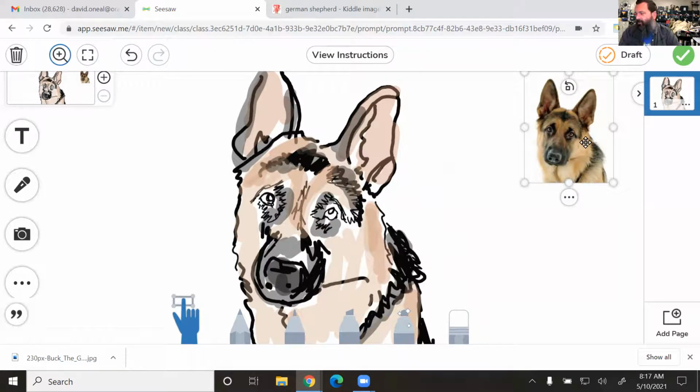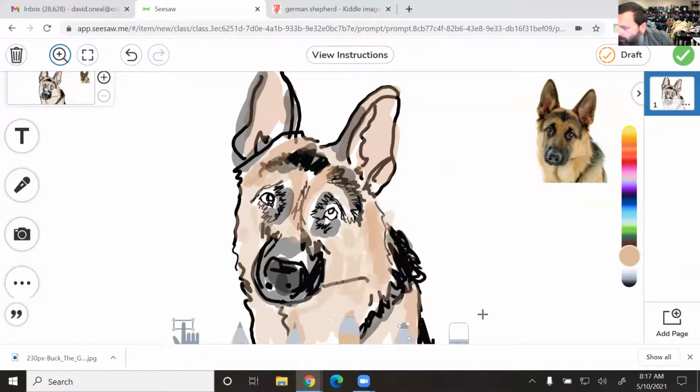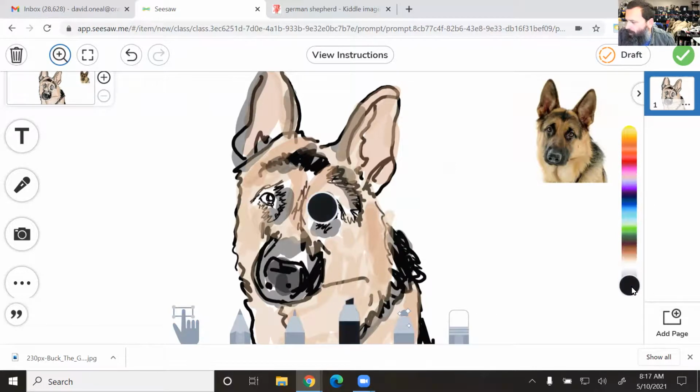So I moved this over to the side so I can see. You want Mr. O'Neill, or the people that are looking at your things, to be able to see your original image. And I can see now that I've moved things out, oh, I missed some color in places. So I'm going to go back to my highlighter and grab some brown colors again, and fill in some more of this color that I missed. I can go back and make it even nicer than it was. Sorry that I'm getting so close up on the video because I'm leaning over to use my touch screen. But I can fill in and continue to add detail to my drawing